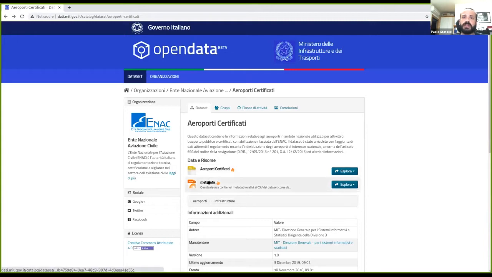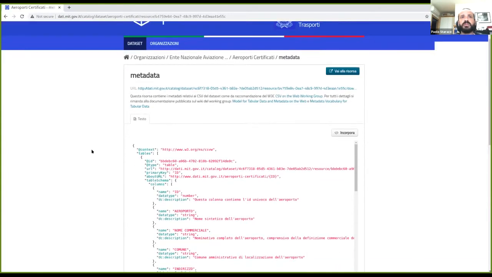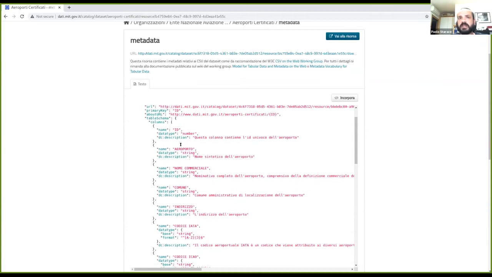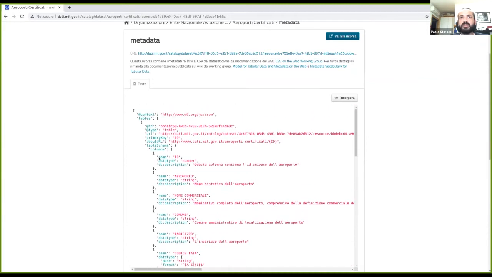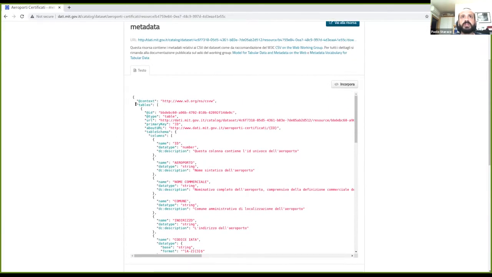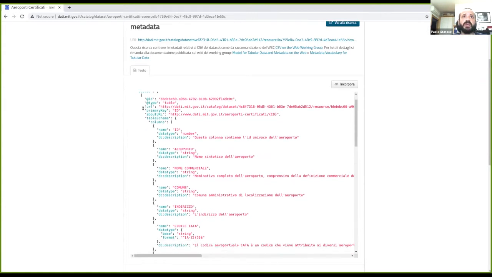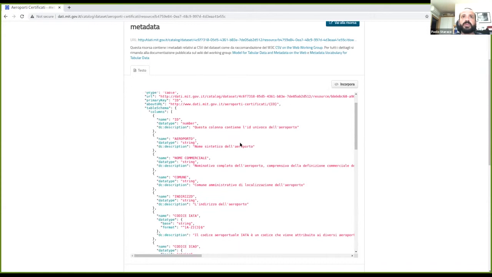And then we have the metadata file. So the metadata file is the same I showed to you before. So we have the contents, we have tables because we can annotate multiple CSVs on the same metadata file. And then we have the primary key defined, the about URL. So you can refer to an Italian airport using that URI. Certified airports, and then the ID of the airport, and so on.